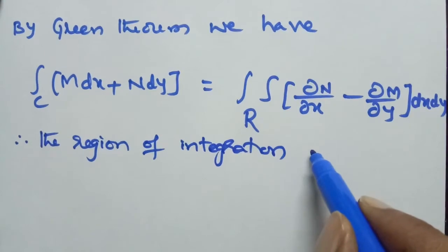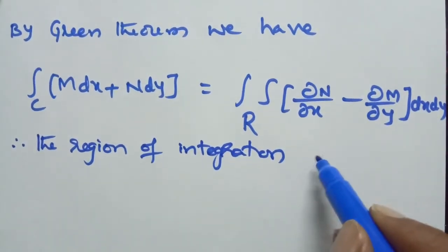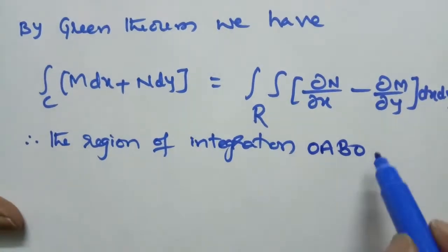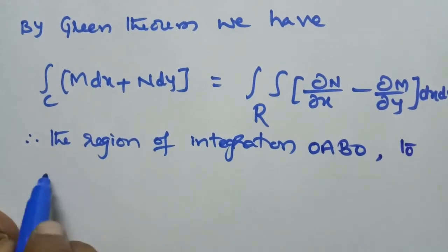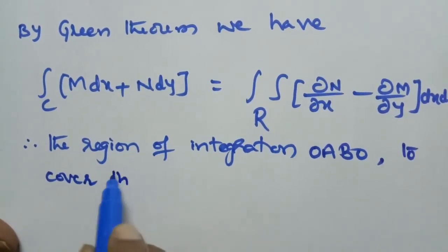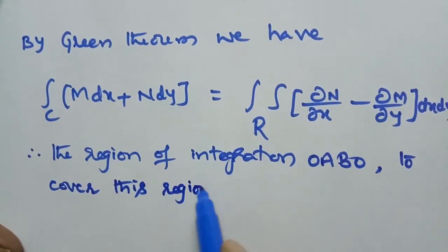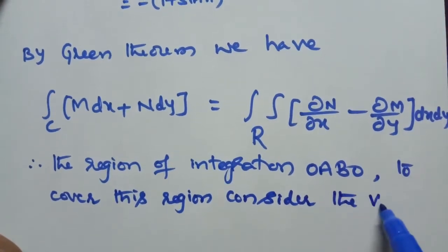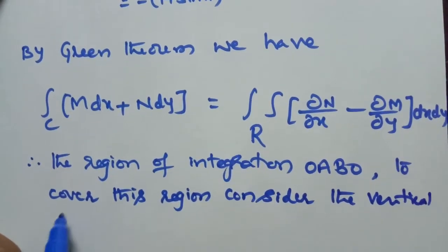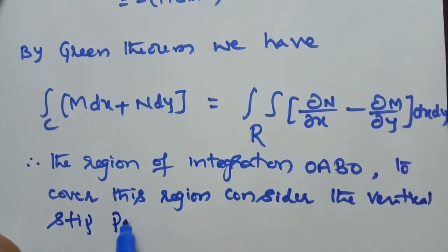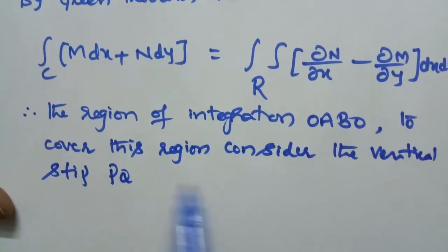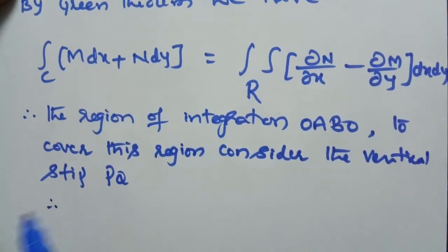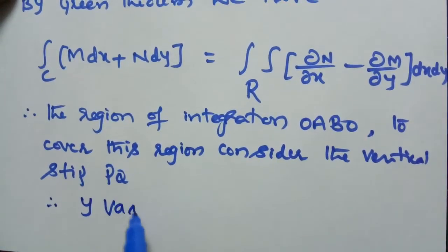The region of integration is OAB. To cover the region of integration, consider the vertical strip PQ. Therefore, y varies from